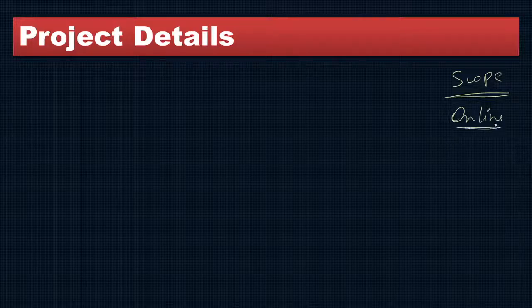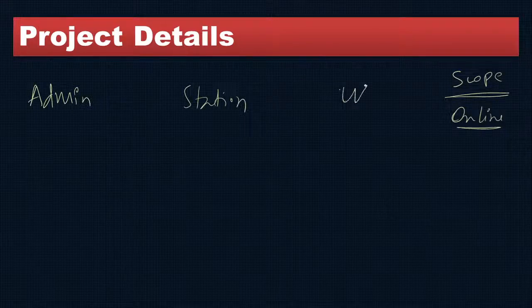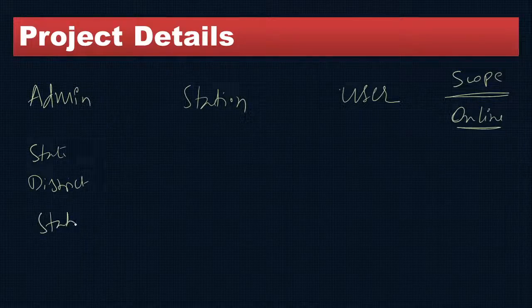So when it's an online application project, how do we make this? What options do we have to provide? Generally, as far as modules are concerned, you have to provide three modules: one is the admin module, then the station module, and the user module. In the admin, we can enter all the basic details like state names, district names, then station details, then police or employee details of those working in the particular station.